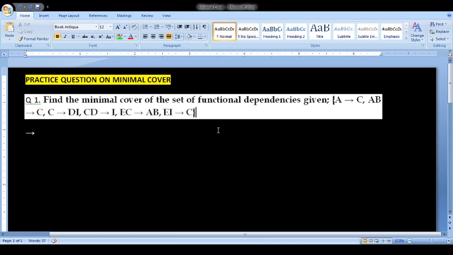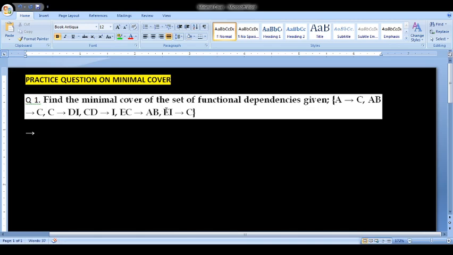But when we are given a set like this, in many cases this set will not be the minimal set. Okay, some of the functional dependencies may be just another representation or a combination of other functional dependencies.